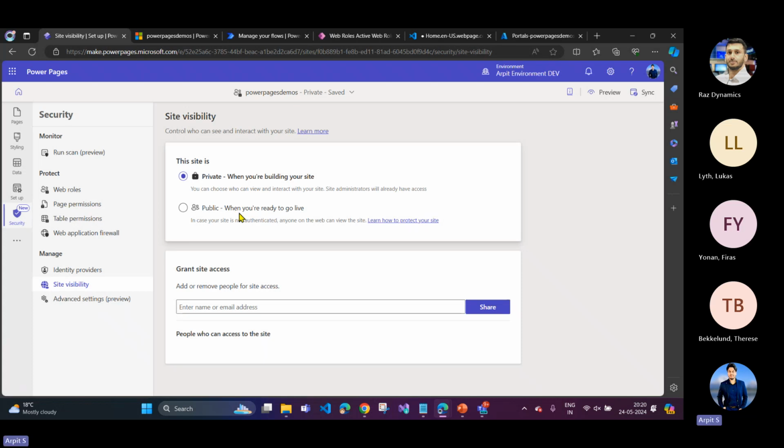Now, if your website is private, then there is an option called grant site access. This grant site access basically applies whenever the site is private. Then internally in your organization, who can access your site? Because externally, no one can access because you have made it private. So internally, who can access? You can give access to your site to internal users, up to a maximum of 50